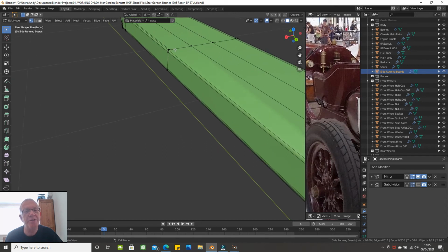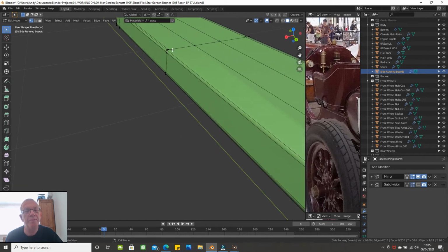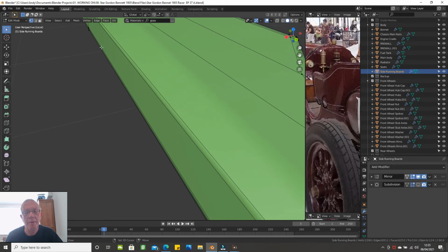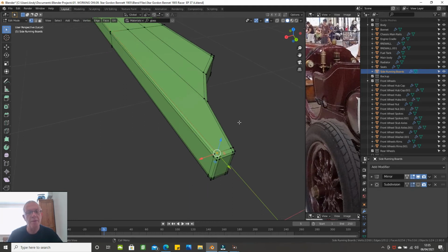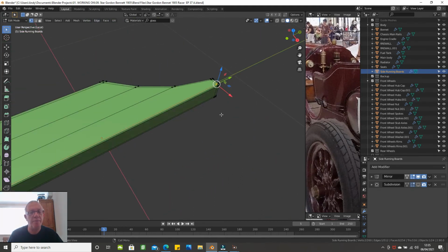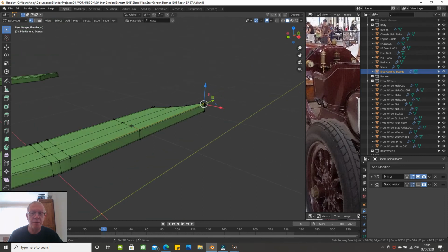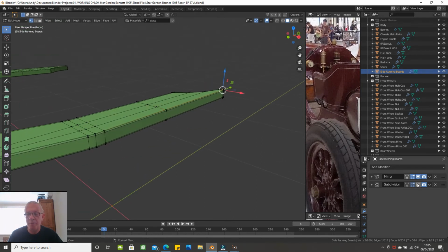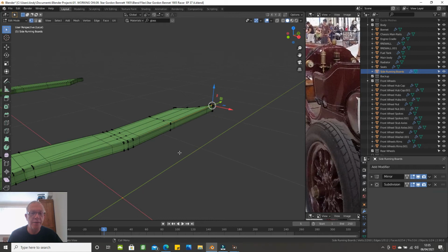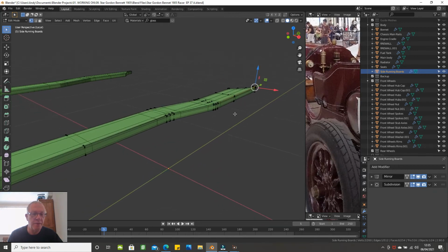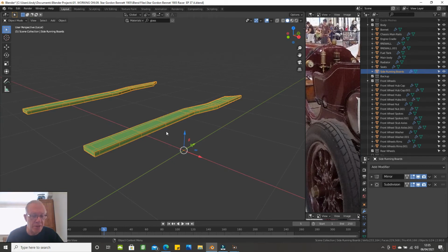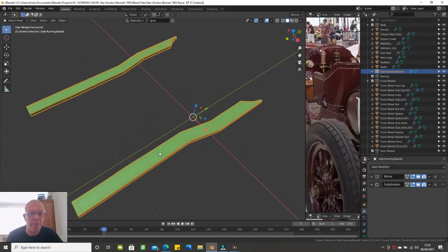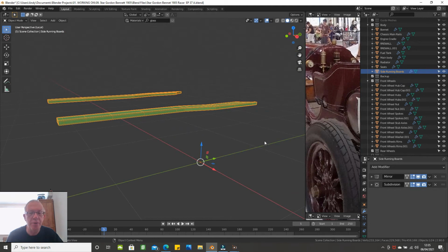And then the last piece of the puzzle is to join this one and this one, and press J. And that tightens up the whole thing. Okay, so that's where we are with it. Enable subdivision surface again, and that's where we are. So press tab to go into object mode. Now all we need to do is to add